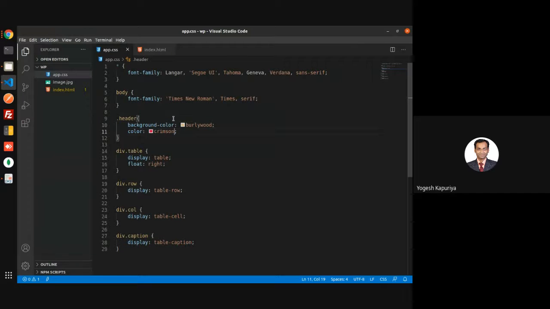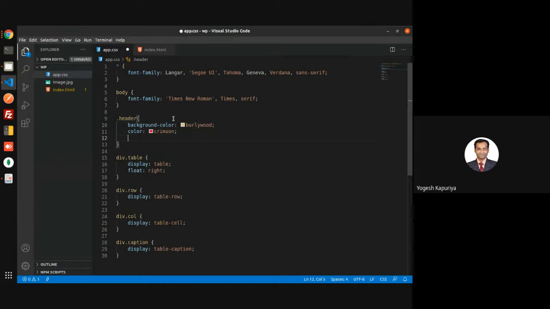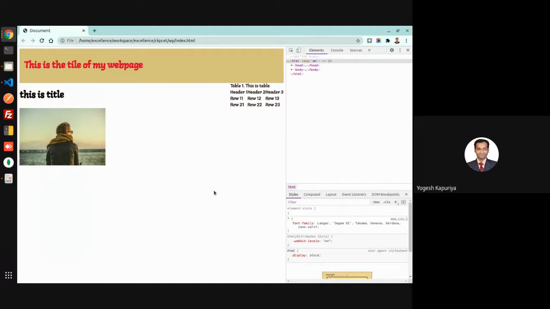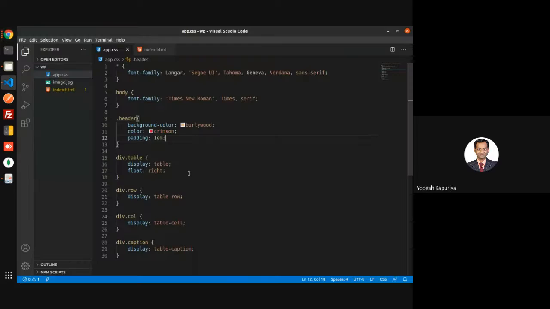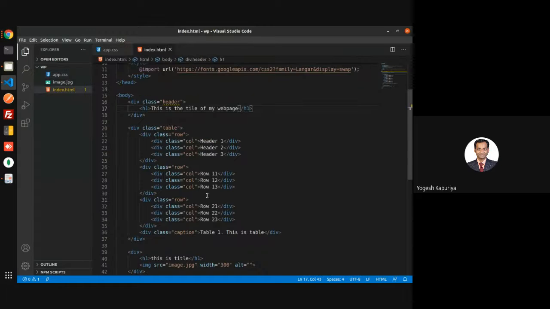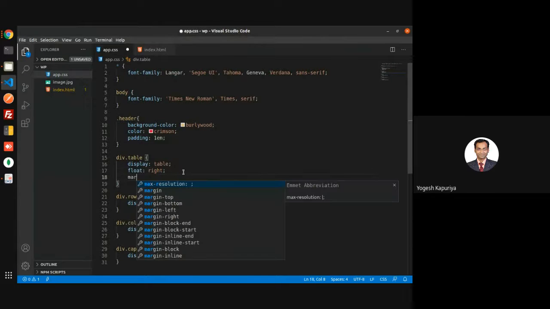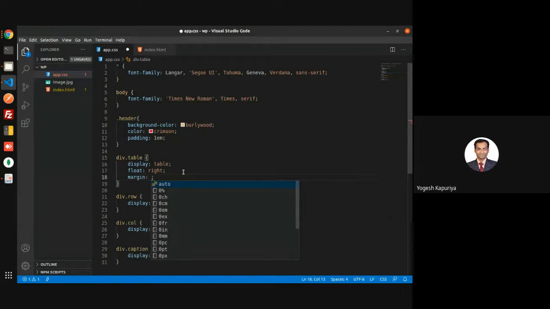Now let's add some heading. Okay, so I added some padding. Now normally our requirement is that this header should remain on the top only, right? So that is the kind of requirement we normally have. So let us first add something.